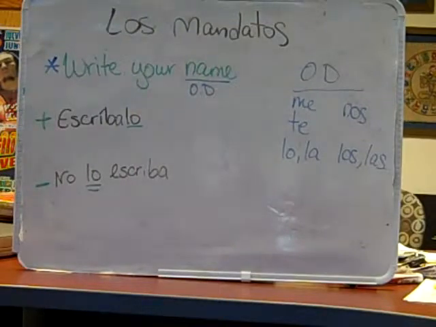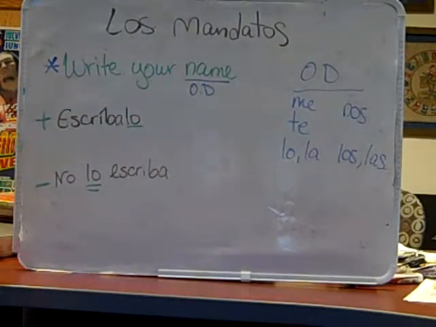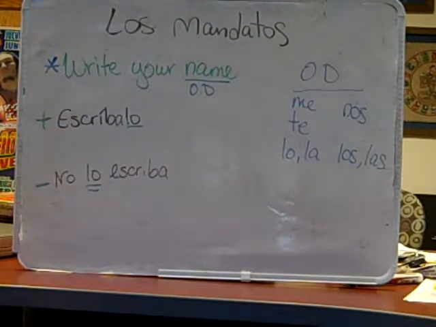Okay, so now we're going to talk about combining commands with direct objects. So just a quick review of a direct object. If we have a sentence such as write your name, we have the verb write, which corresponds to escribir, and